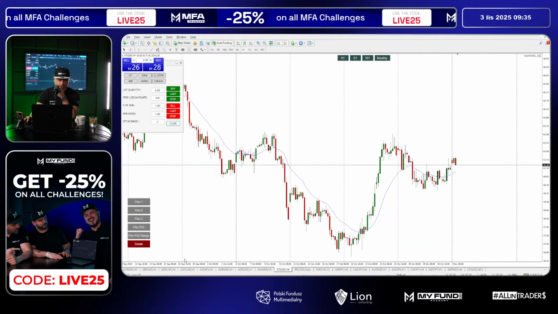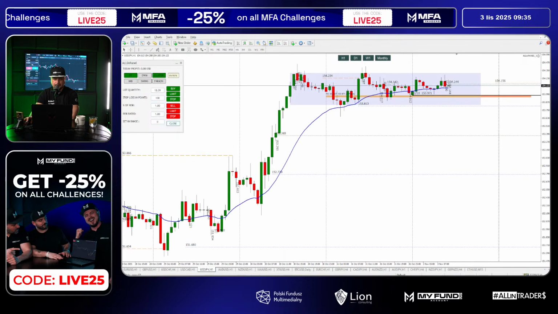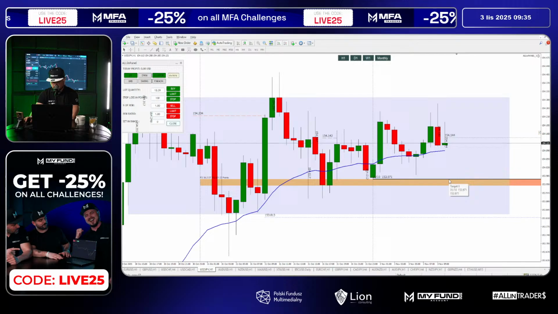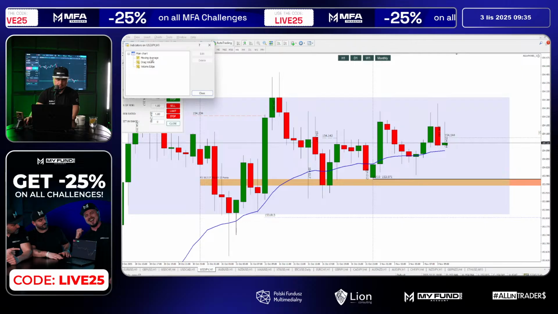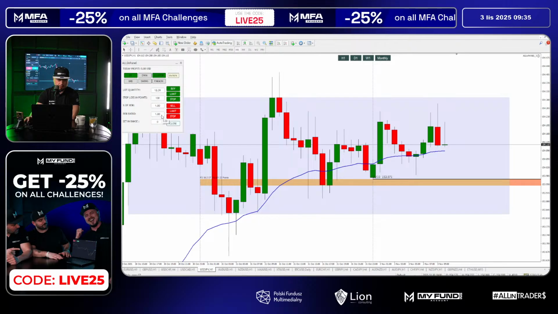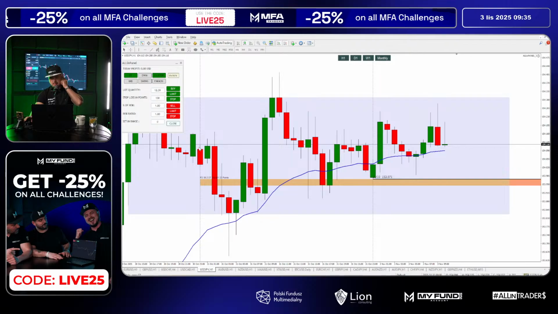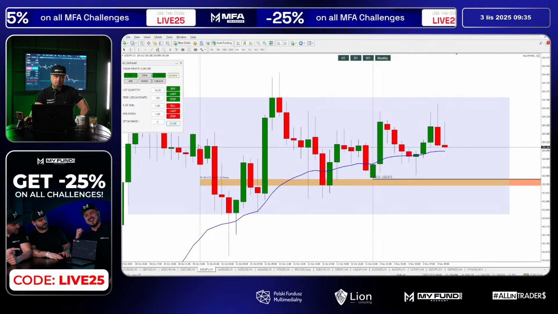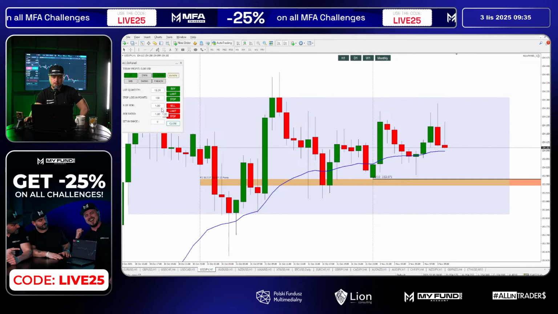I want to make sure that the copier is on, so it will copy my trade. So 10 pips, let me just remove this indicator volume, we don't need that. And 10 pips, risk 1%, risk to reward 1 to 1. In this kind of orders, we usually take 1 to 1, okay? This is a bit more risky trade for reaction. We don't want to be greedy. 1 to 1, about 1% risk.